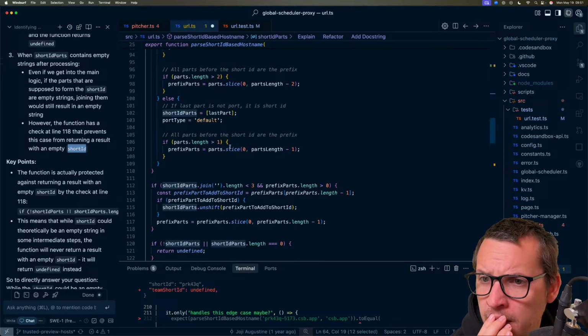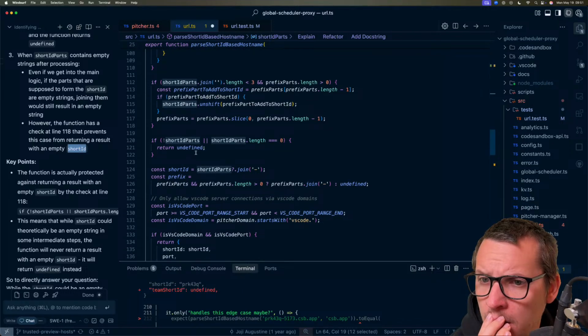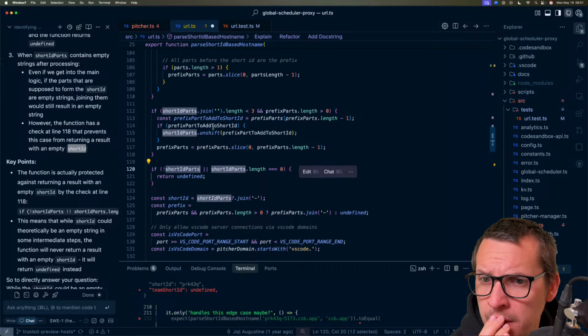However, the function at line 118. Yeah, exactly. So if no short ID part,